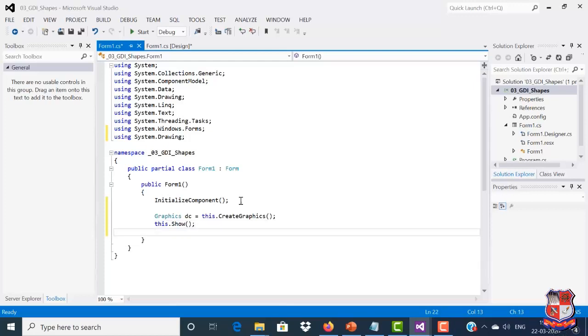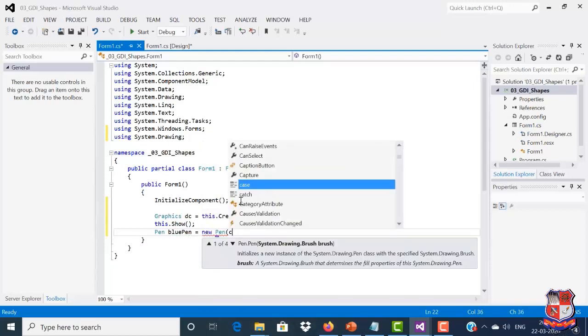Next, to draw the shapes on our Windows form we use some different classes, some different tools. For example, we use a pen. Every control in C# has a class available. For example, we want to use a pen, so the Pen class is available. We have to just create an object of that class. So we have to use the Pen class. I'm giving the object name blue pen, as I'm going to use the blue color for that pen.